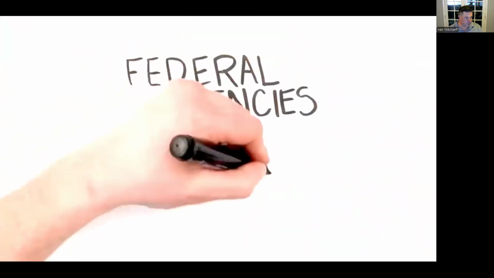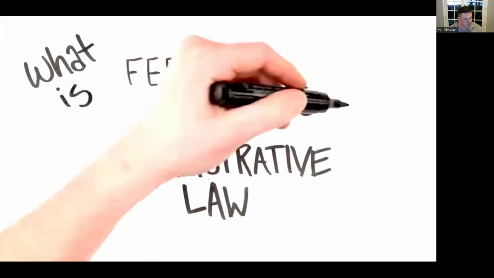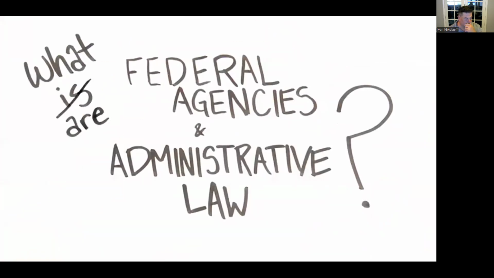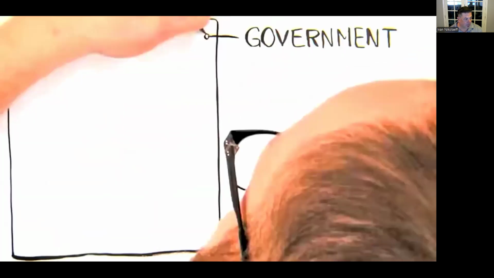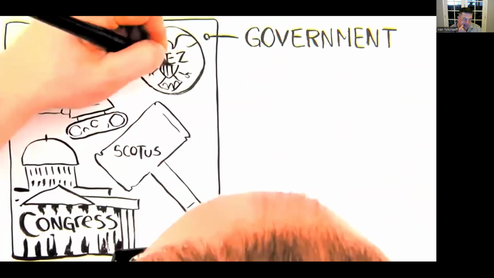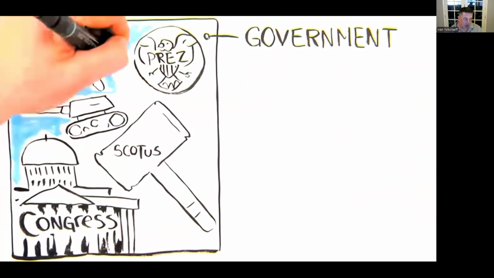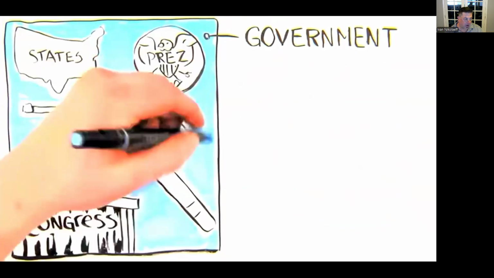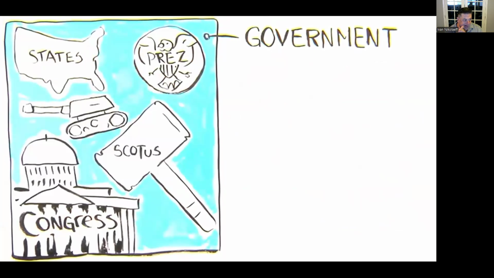The FCC is one of these things called federal agencies, and the laws around them are called administrative law. So there isn't a perfect definition for an agency that's consistent for all things called agencies, but roughly, agencies are the parts of the government that aren't Congress, the courts, the president, or the military during wartime.